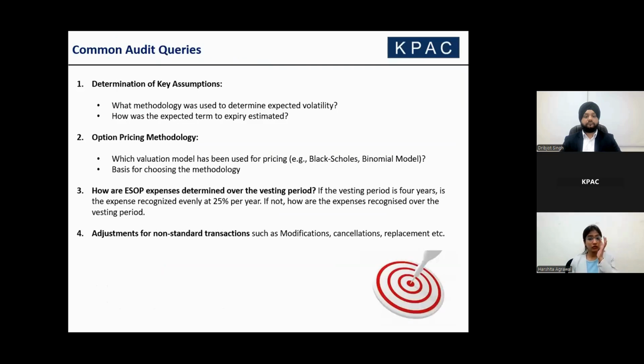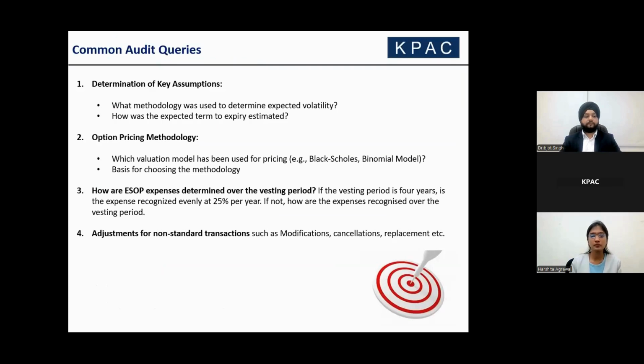All right. So now let's move on to some of the common audit queries that typically come up in ESOP accounting. We get these types of queries a lot from auditors, and rather than diving into the details again, I'll just quickly run through all the questions since we have already covered these aspects in our earlier slides.